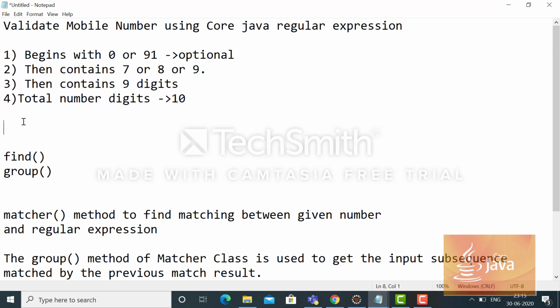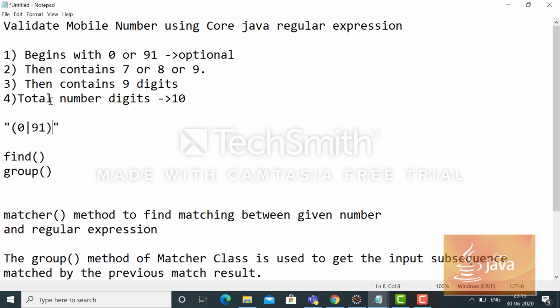So how can I write that? I can take it this way: 0 or 91 within the group, so it's constant. This is the way to write it.